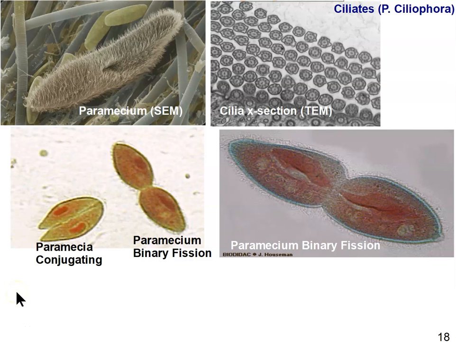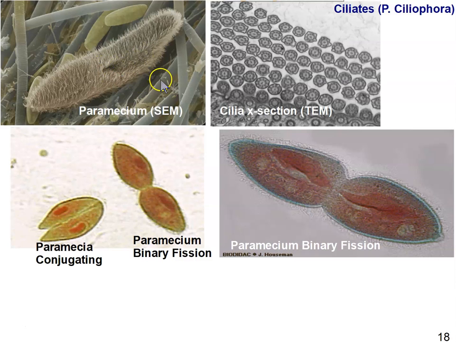All right, we're continuing on here with our study of the Ciliophora, phylum Ciliophora, the ciliates. And if you'll recall, we're looking at paramecium as an example. And this is a great image of paramecium. This is a scanning electron micrograph of a paramecium. You can see just how hairy they are with all the cilia all over the outside of the cell. And you can very clearly see the oral groove here where food is funneled to the gullet at the bottom